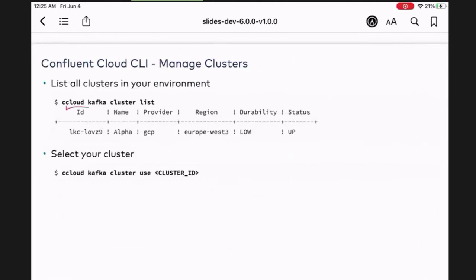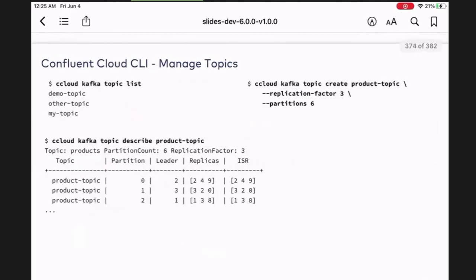I can say ccloud kafka cluster list to list the particular clusters that are available. See, I say like here, name, the provider's GCP, it's in Europe West, and I get this. And then if I want to use a particular cluster, as long as I have access to it, I say ccloud use and give the cluster ID. So then I will be able to connect to that cluster.